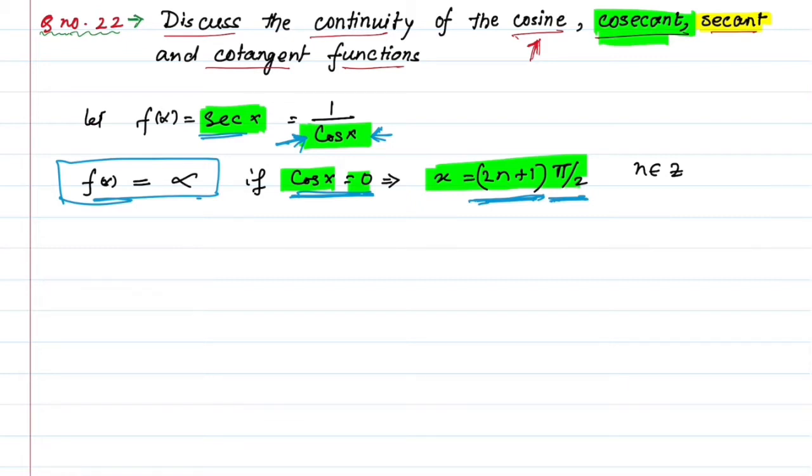Yes. So, as you can see, cos x is always continuous in its domain, and hence sec x must also be continuous, as the numerator 1 is constant here. But in this case cos x should not be equal to 0, and for those values of x equal to twice n plus 1 pi by 2, cos x is 0. That means other than only these points, this function sec x is continuous. So, therefore, we can write,